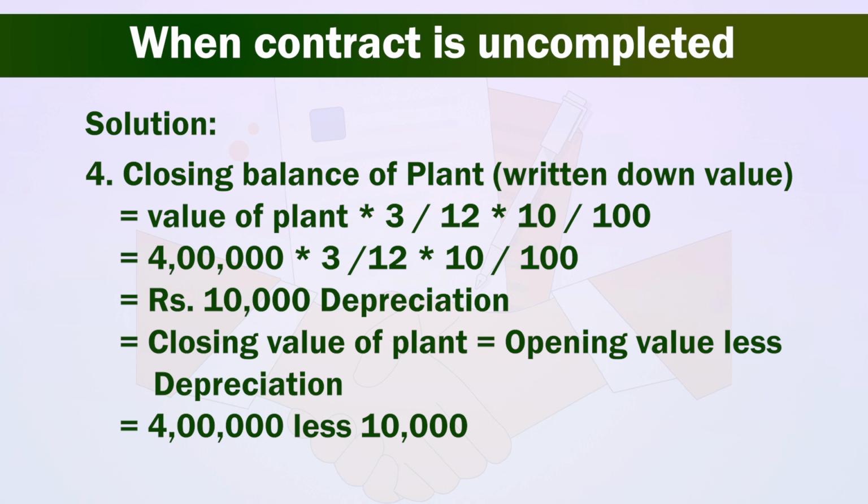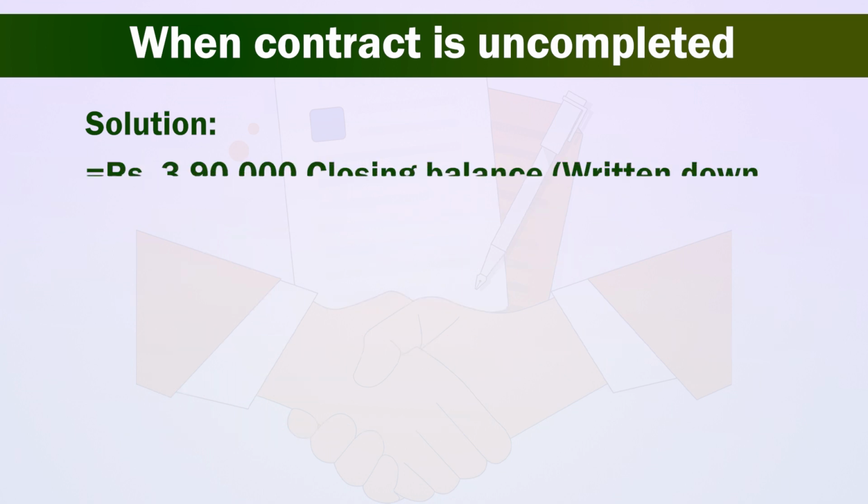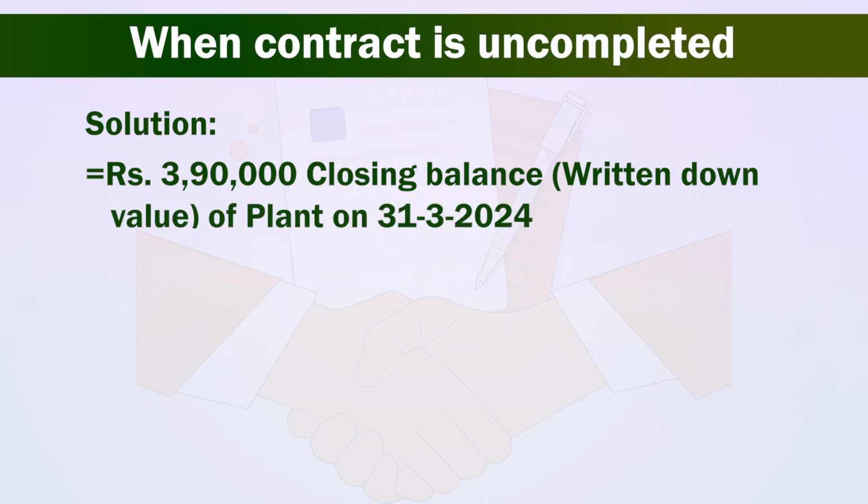Therefore, closing value of plant equals opening value less depreciation, which is rupees 4 lakh less 10,000, giving a value of rupees 3 lakh 90,000